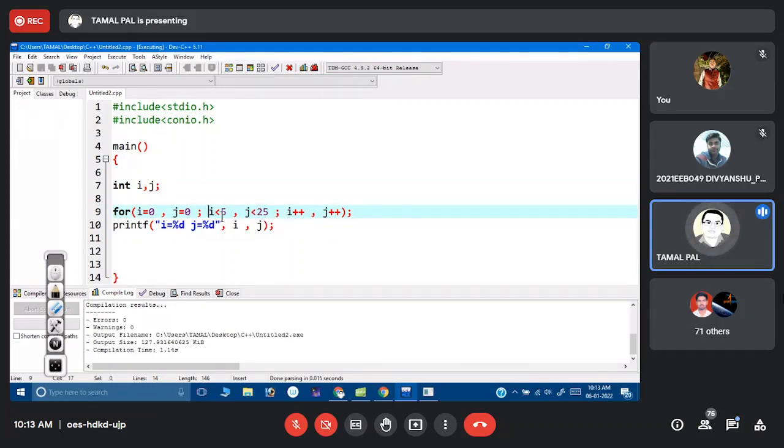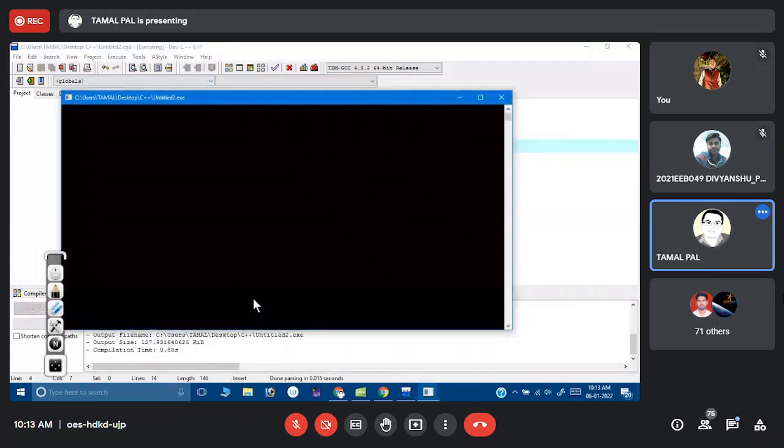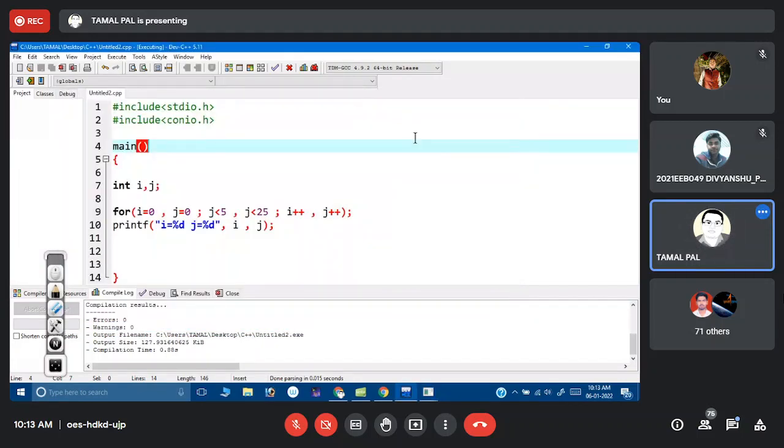If it is the same variable, I think it is not, because let's say I make it j. If it is different, it will work. It's not. i equal to 25 and j equal to 5.